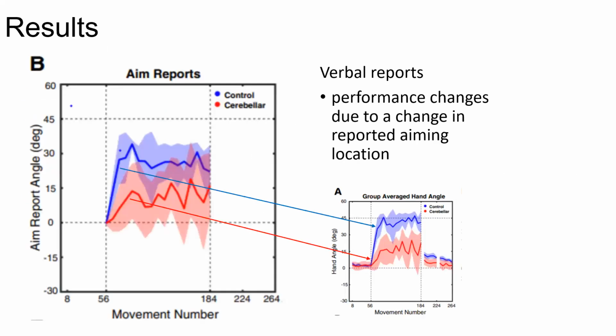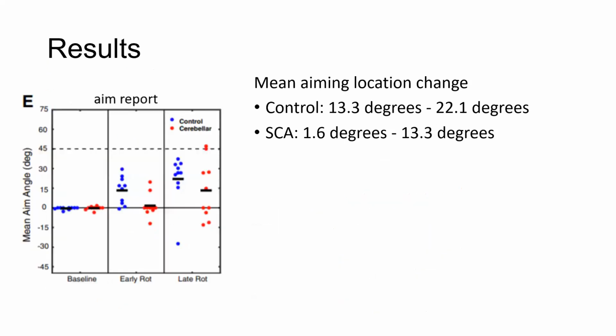Regarding the role that an explicit aiming strategy had in producing a change in behavior, we can see from the following graph that changes in reported aiming angle correlate with changes in hand heading angle. And I just made this finding easier to understand by connecting the relevant parts of graph A and B here. As you can see, as aiming angle changes, so does hand angle. Similar to the other results, we see a greater change in aiming location from controls than for SEA participants, showing that there is a clear difference in the explicit recognition of the problem between the two groups.